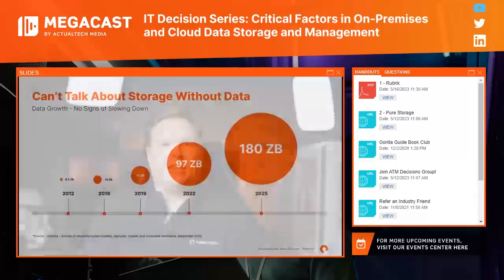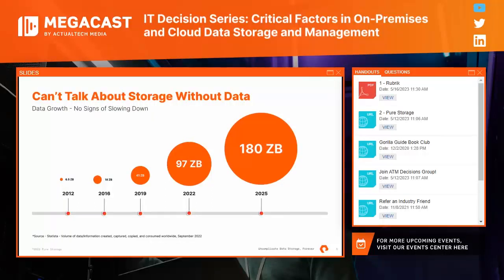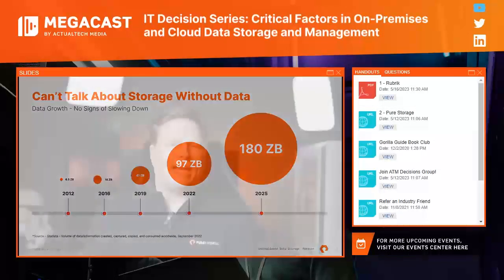To set the stage, we can't really talk about storage without talking about the data. And the amount of data that has and will be created over the last 10 years and a few years into the new future is staggering. Over the last decade, so 2012 to 2022, the amount of data has more than doubled, and the projected amount of data from 2022 to 2025 almost doubles at an 85% increase. If you compare the 6.5 zettabyte starting point to the 180 zettabyte projected total, we're looking at a monstrous